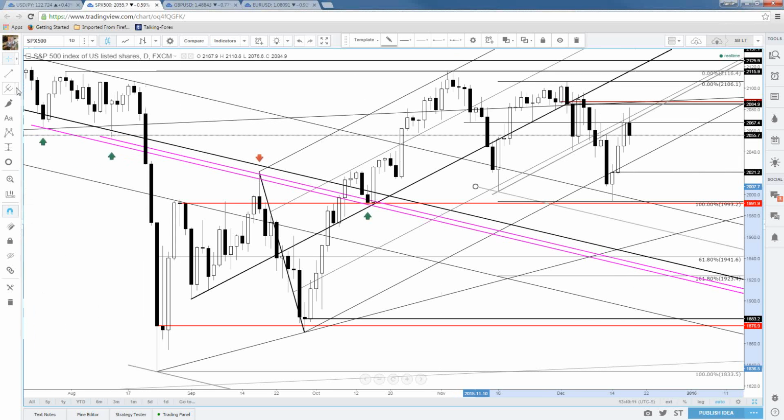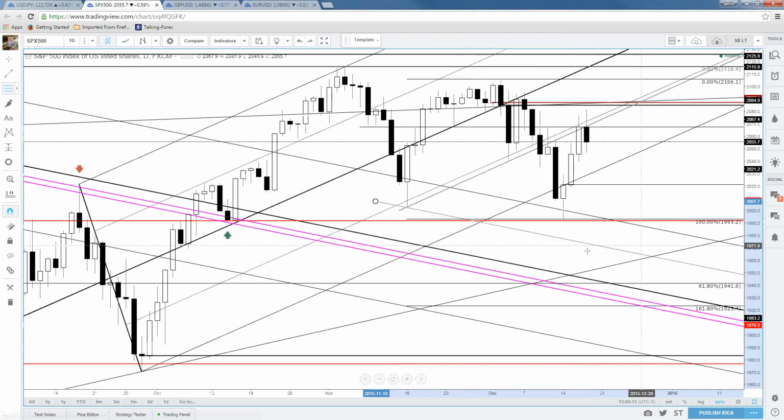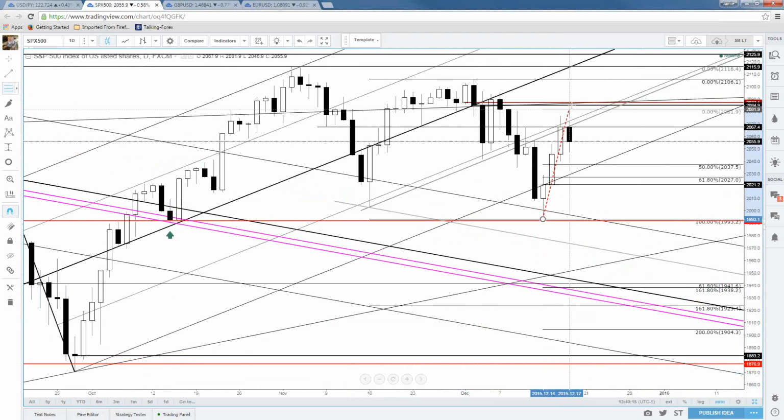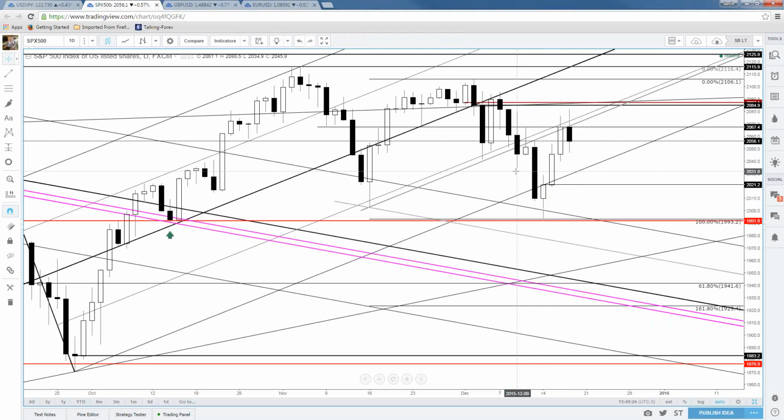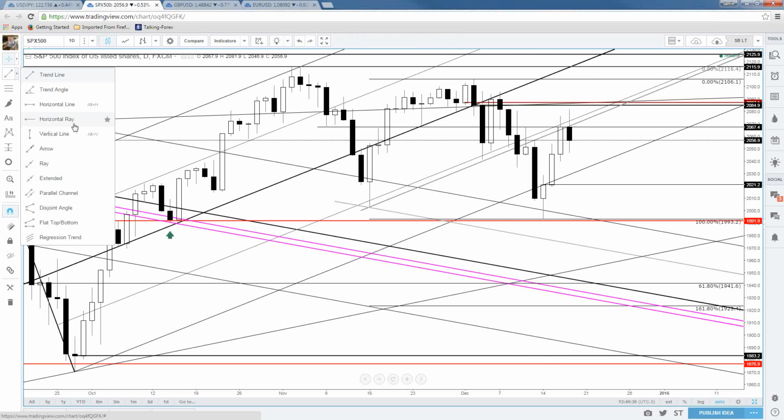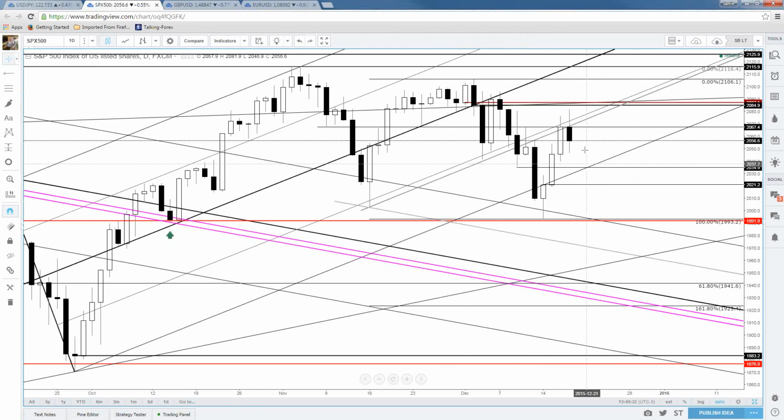And let's see if that would actually be a fib level. It might be pretty close. 2027 is the 618, 2037 is the 50. This low over here is 2035. So that would be an area to watch for support